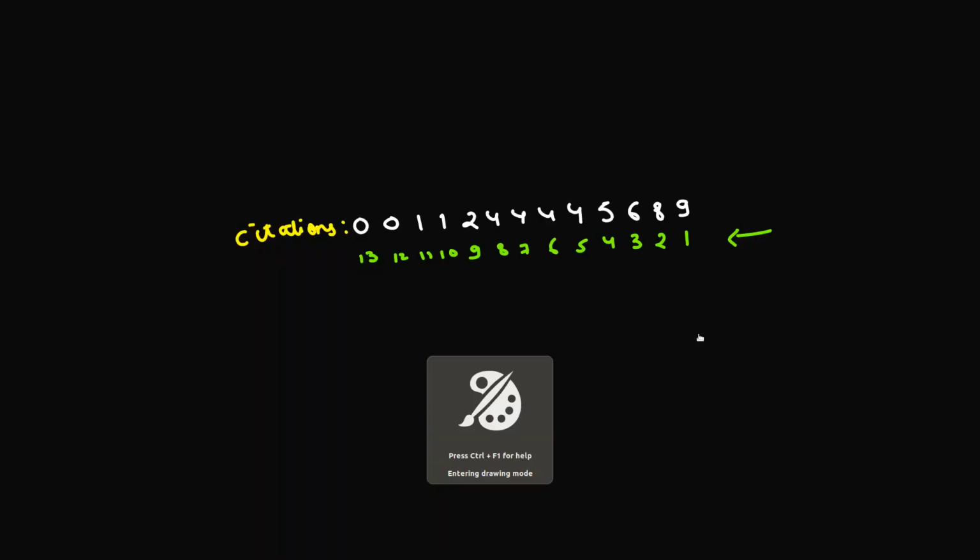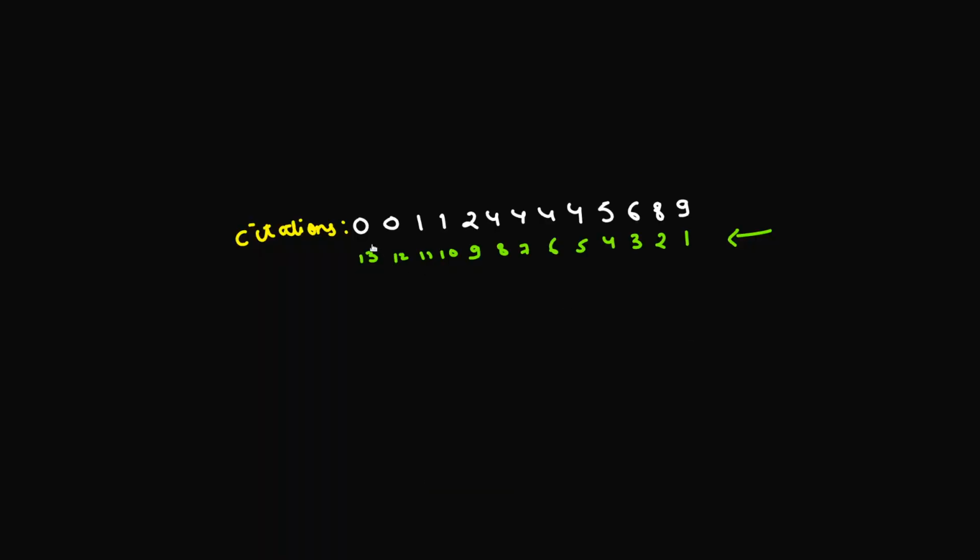So consider this array of citations here, which are having the values 0, 0, 1, 1, 2, 4, 4 and so on. And I've also written the back indices, like the back positions, which is 1, 2, 3, 4 and so on. Now if you have to simply check what's going to be the h index in this case, you can see that the last one paper is having value greater than or equal to 1. So 1 is a possible candidate for h index.